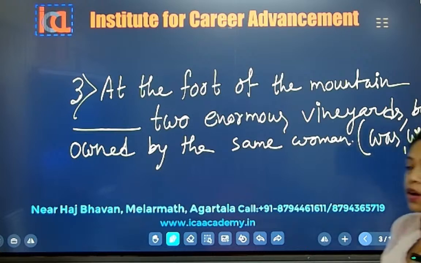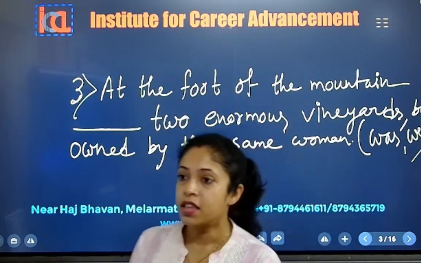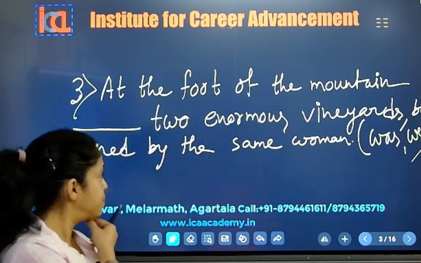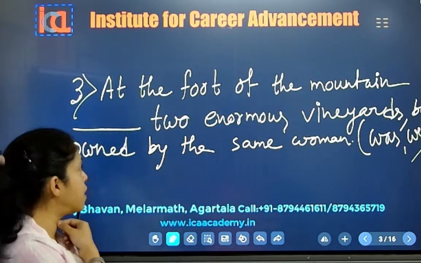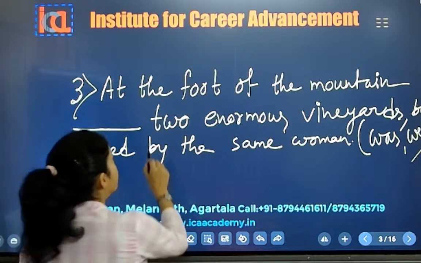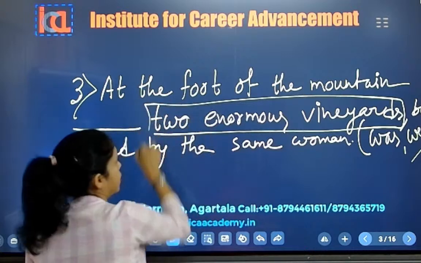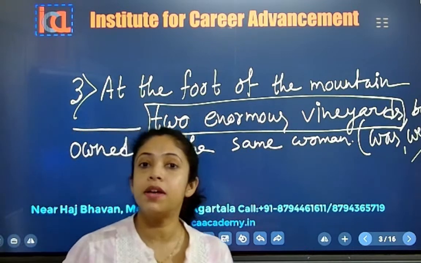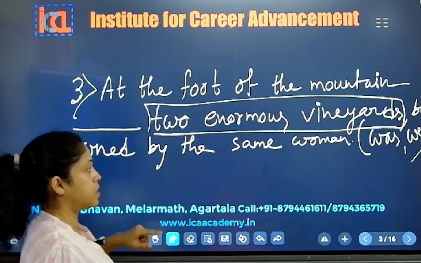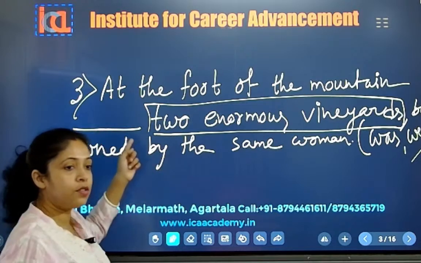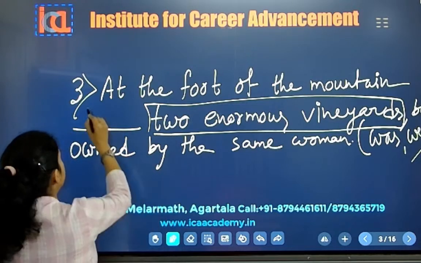Just like that. Those who are online, you can also text me which one is the subject. Yes, all together, two enormous vineyards. So, two enormous vineyards is the subject here. So, which verb shall we use? Definitely, we will use